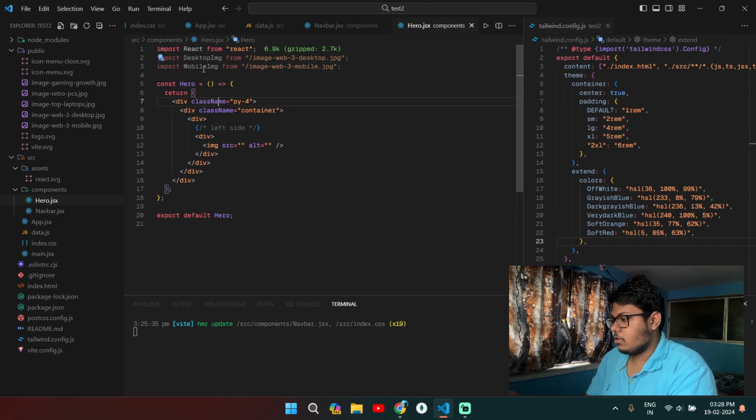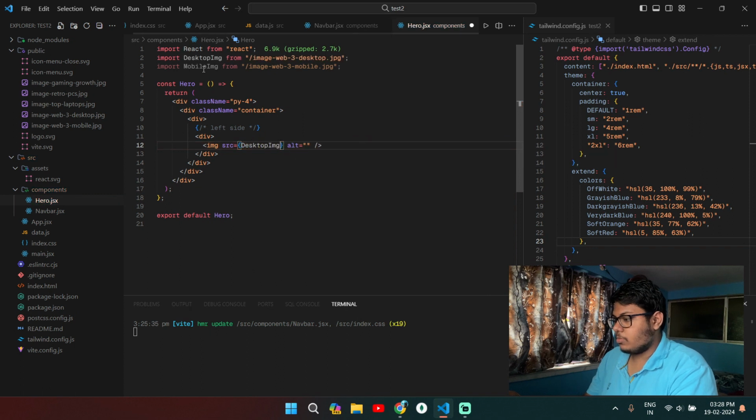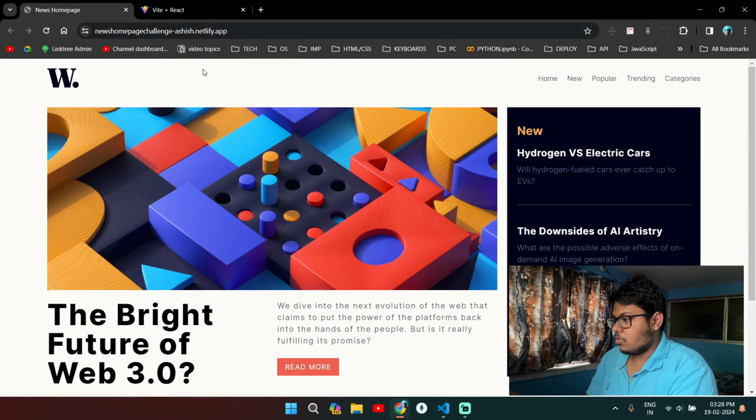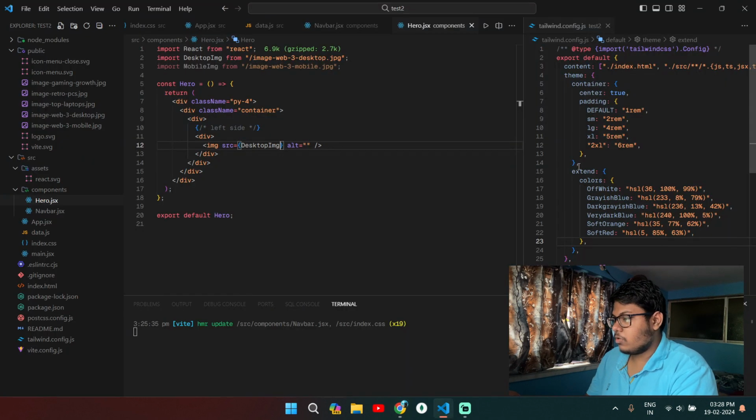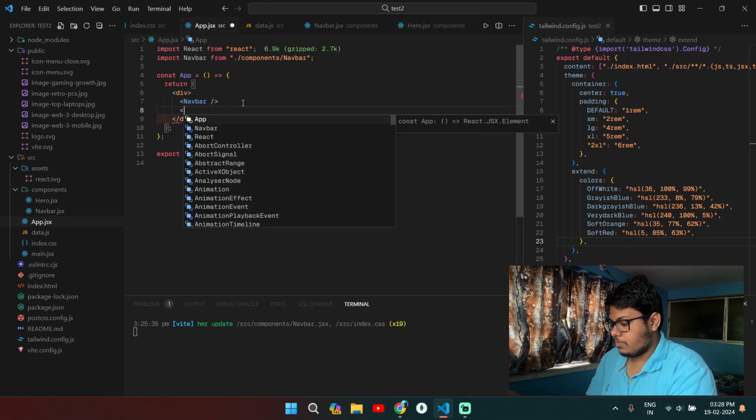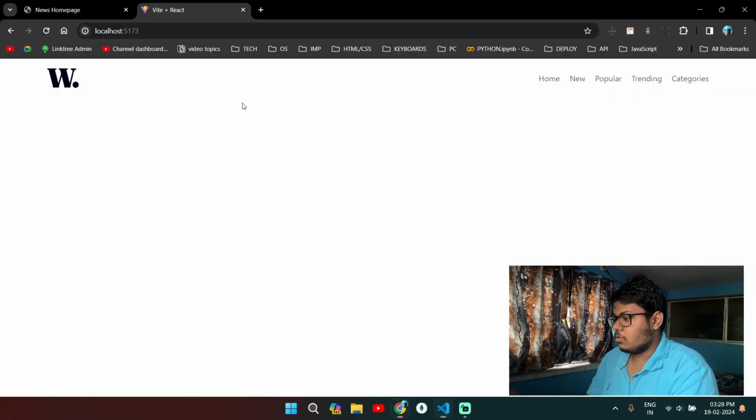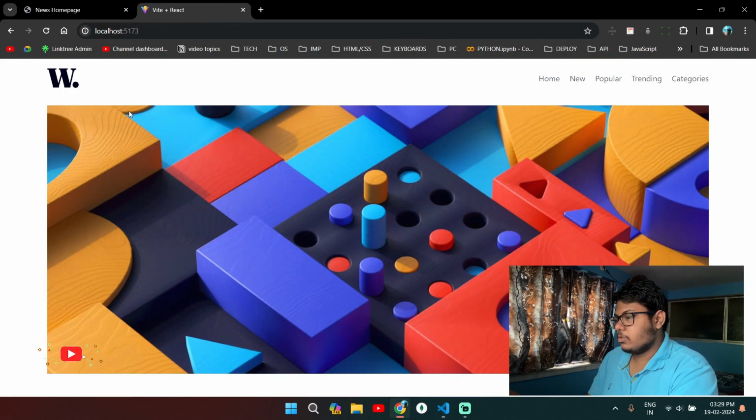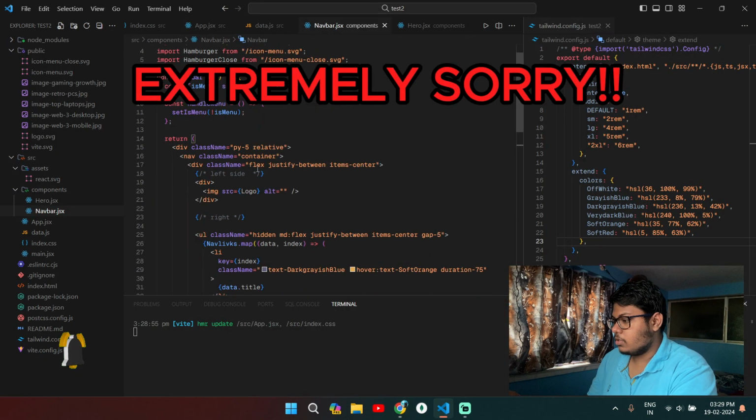Now if I save, come back here and replace the inverted commas with curly braces, and we have to write desktop image. Now if I save this and go back, it will not be visible. Why? Because I have to import our hero section to my app.jsx file. So let's go back, hero section. Alright, hero. Now if I go back, as you can see it's visible, but it's taking the whole container size. So to fix that, come back to our navbar.jsx file,